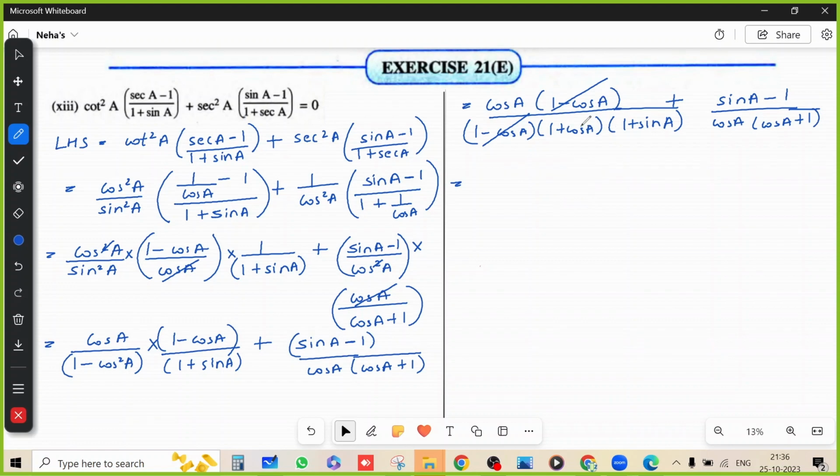So now we are left with cos A divided by 1 plus cos A divided by 1 plus sin A